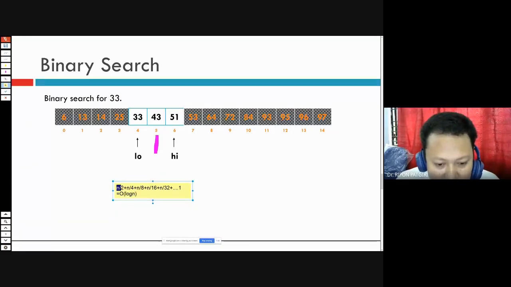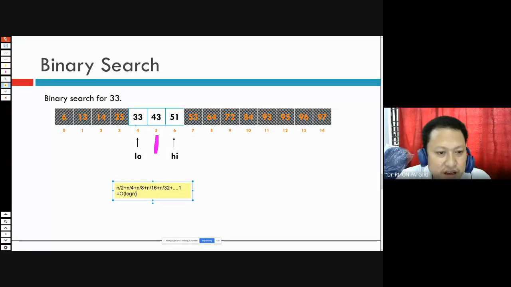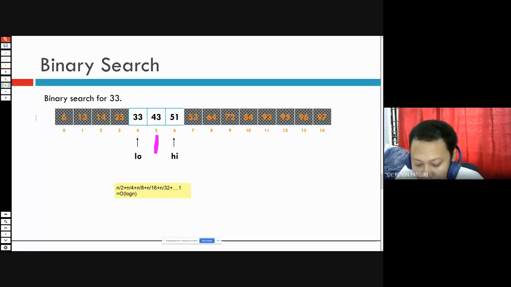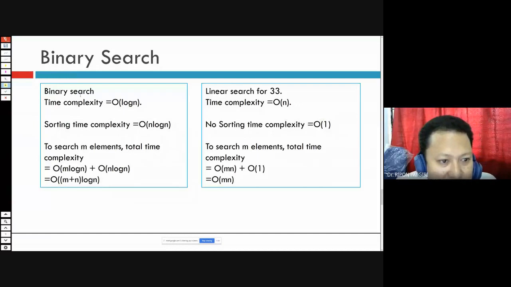This is one comparison, this is another comparison, and so on. So this much comparison is required. So log n comparisons are required to find out whether 33 is inside the array or not. So this is the time complexity. Binary search time complexity is big O of log n.